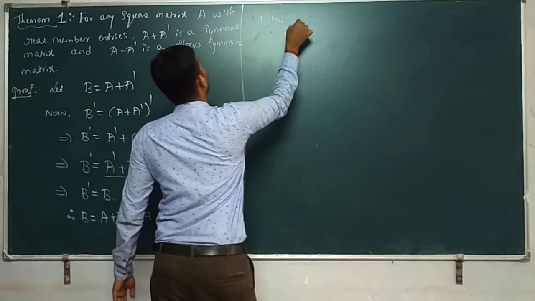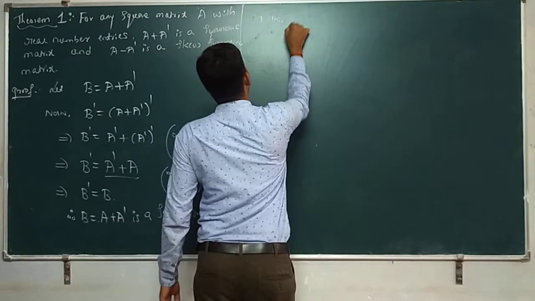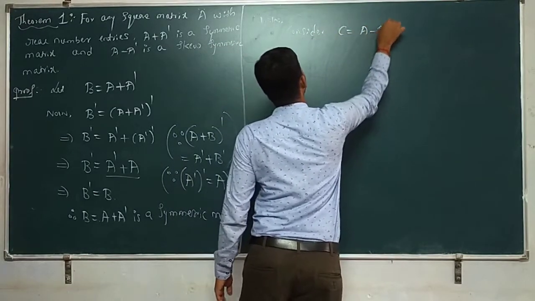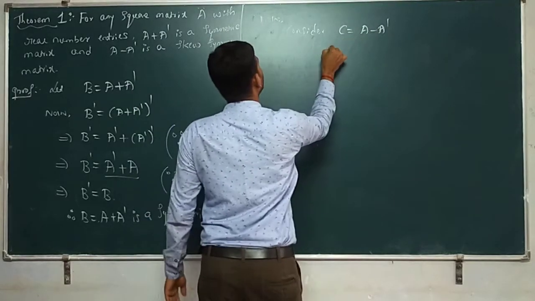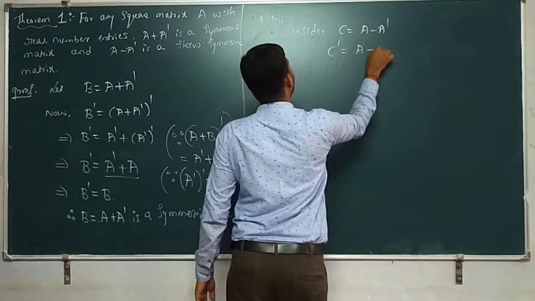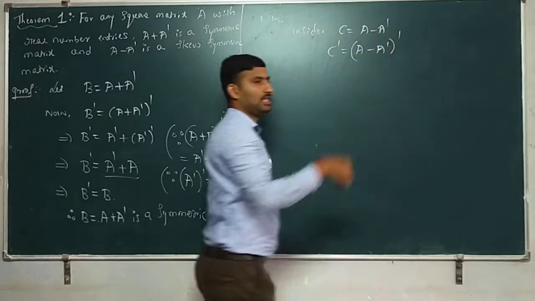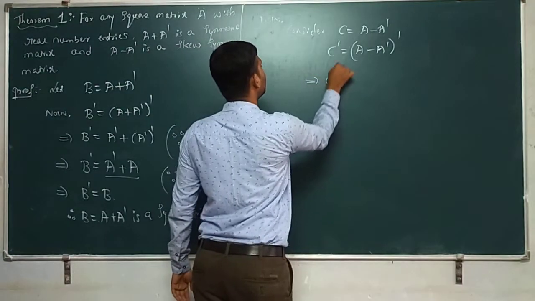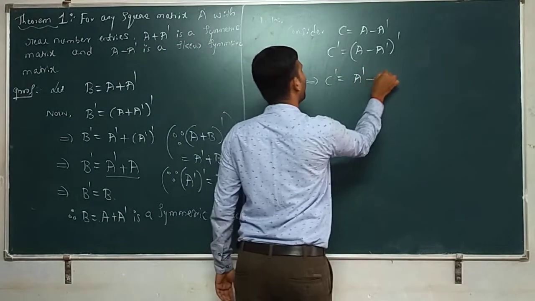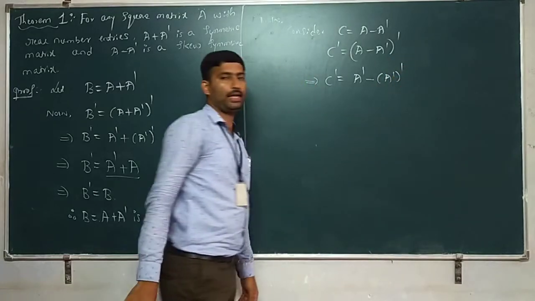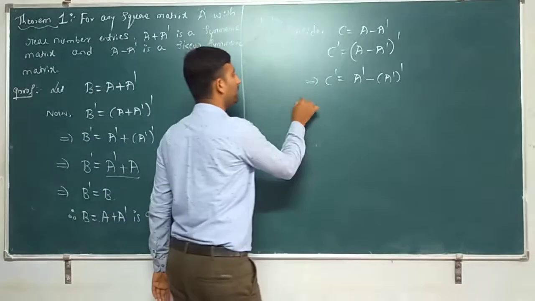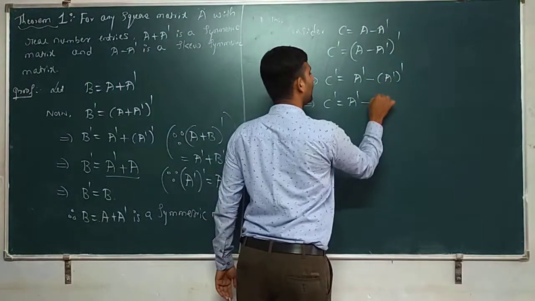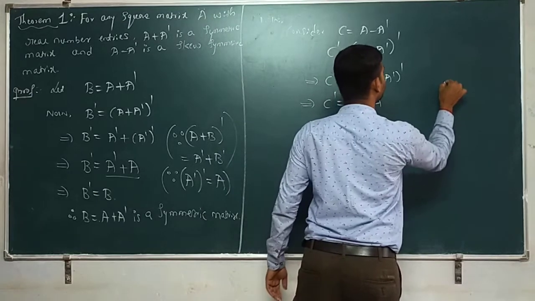Now consider C is equal to A minus A dash. C dash is equal to (A minus A dash) whole dash, which implies C dash is equal to A dash minus (A dash) whole dash, which implies C dash is equal to A dash minus (A dash) whole dash is nothing but A, because